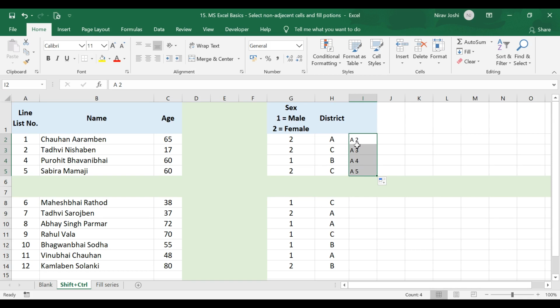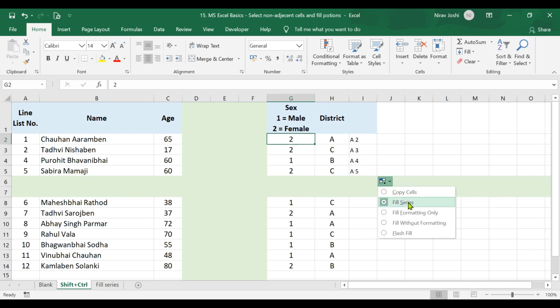It is not understanding right now that I prepared A2 based on these two cells, where the first letter corresponds to this cell and the second corresponds to the number in this cell. So it is just filling the data in series.